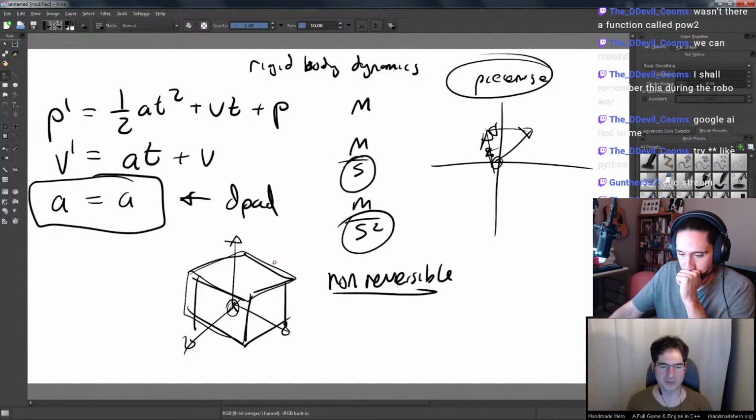So to say that it was non-reversible is a very different statement, and I think it may actually be reversible. I don't even know where physicists are on that kind of stuff. They come up with new theories, who knows? But what we do know is our simplification is very non-reversible, because basically what happens is the state of the